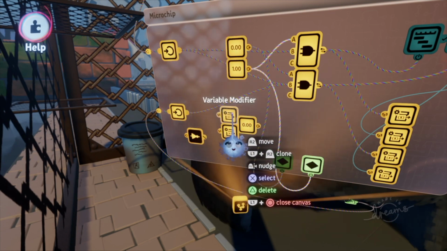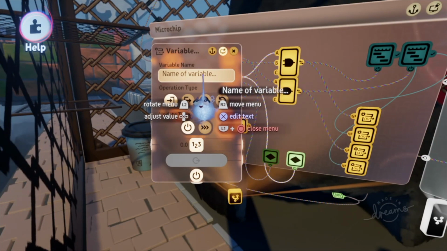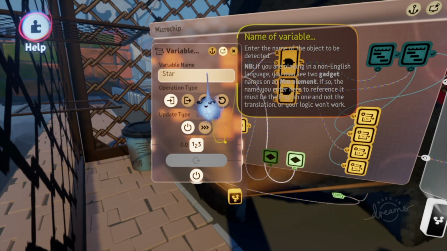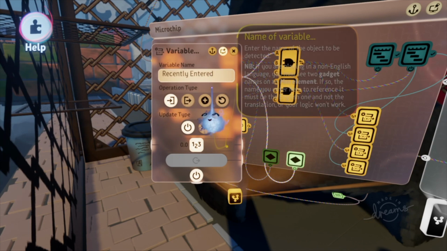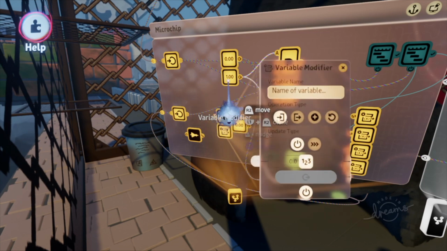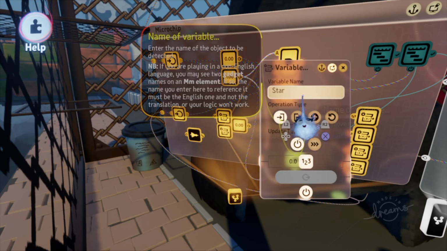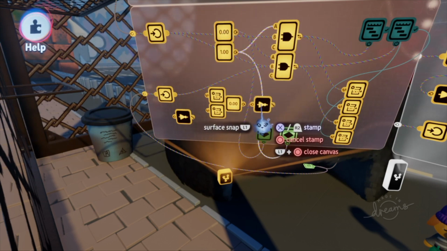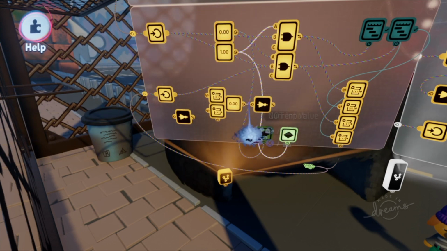And so recently entered is going to be the name of the variable, so jump into your variable modifiers and change the variable name to recently entered, so both of these are going to be modifying that. And then we're going to create one more not switch right here. Let's see if I can clean this up a little bit. And plug that recently entered switch in there,